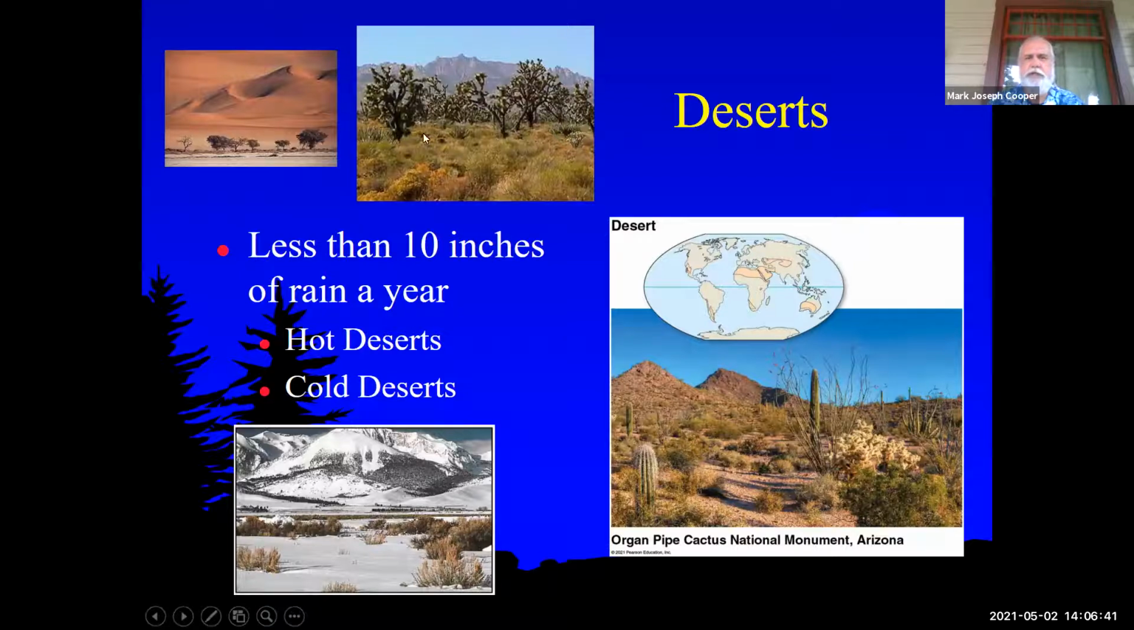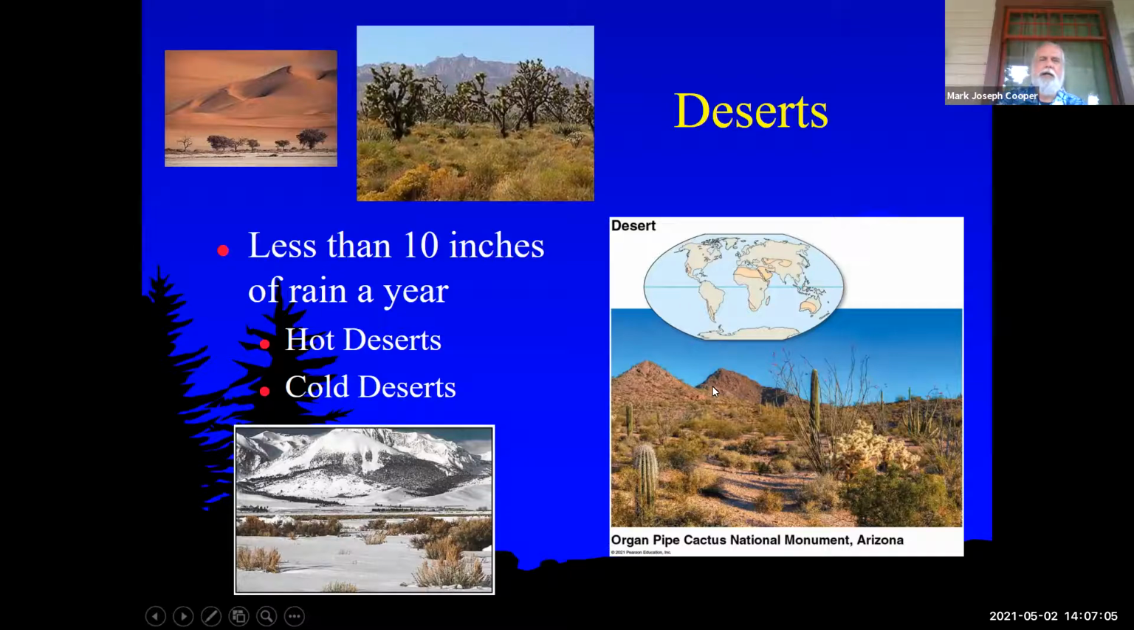These are Joshua trees. Here's a desert out in Arizona with the saguaro cactus. Can't actually tell that's a saguaro, I guess. It's probably not the best picture of it. I think I have it on the next slide. But a lot of people think of deserts as these big sandy oases like these. And the reality is, we do have those, but often our deserts look more like this,